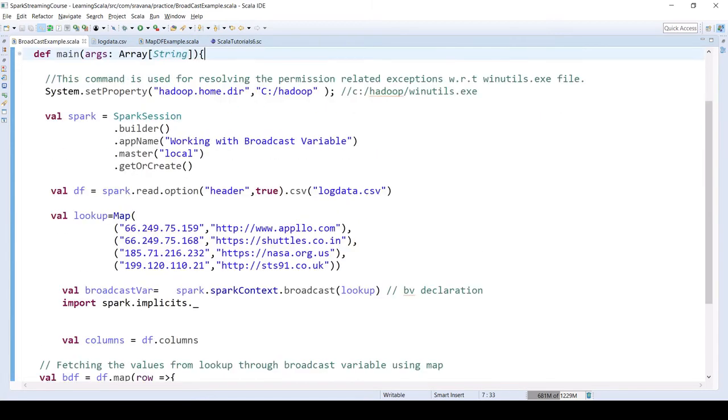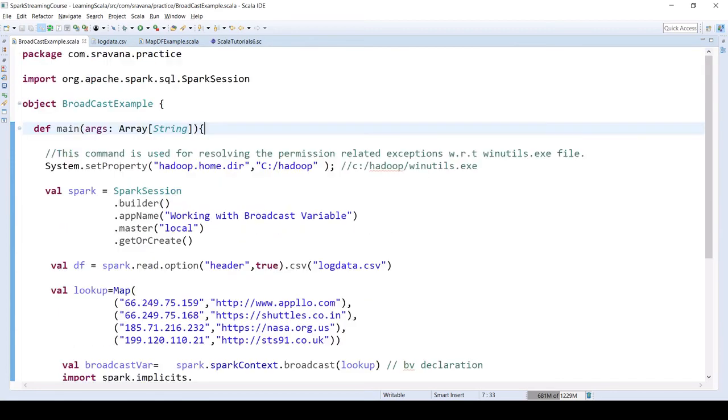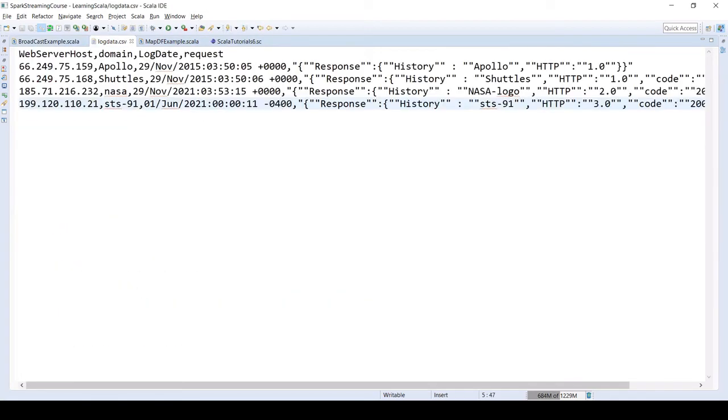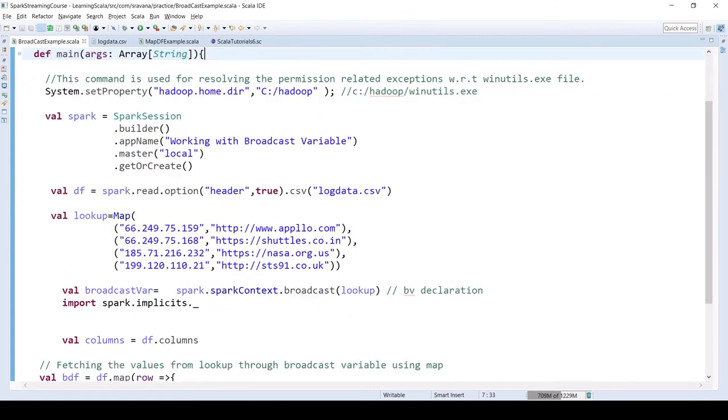So we can actually make it as a lookup as well. Maps are usually called lookups in other terminology. So if you see here, this is the sample data set, and the web server host is the IP address here. Okay, and in the target data set, they don't want to showcase their host names like this. Instead, they wanted to have it in some HTTP like this.